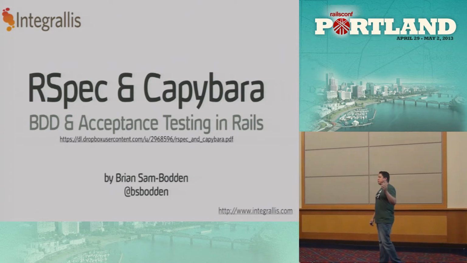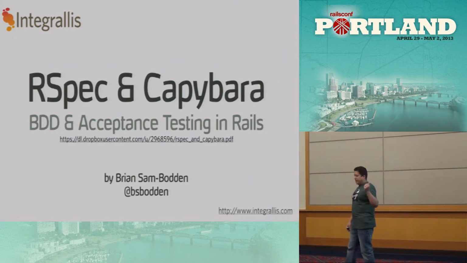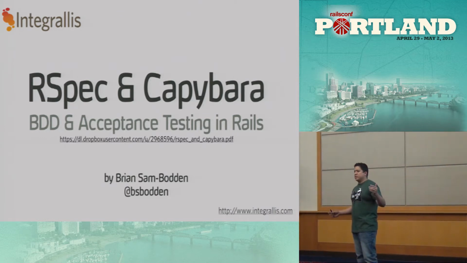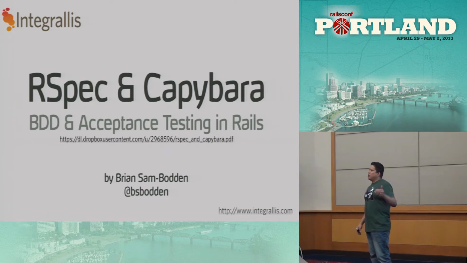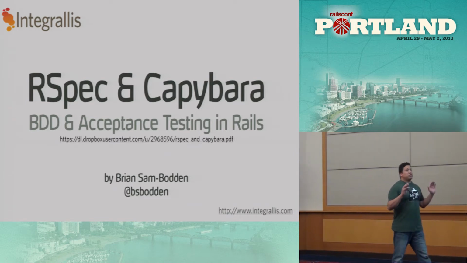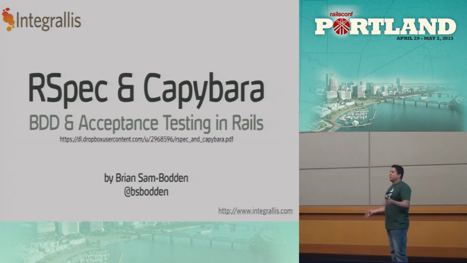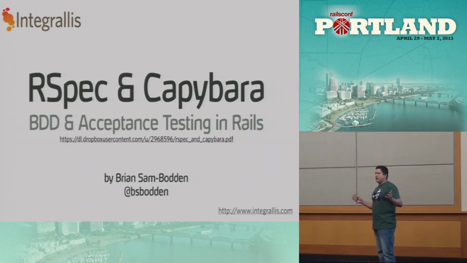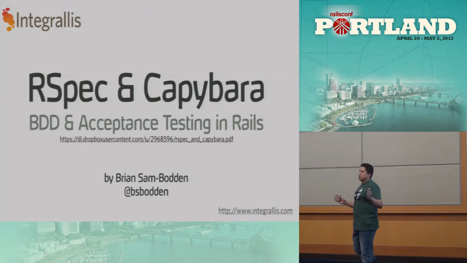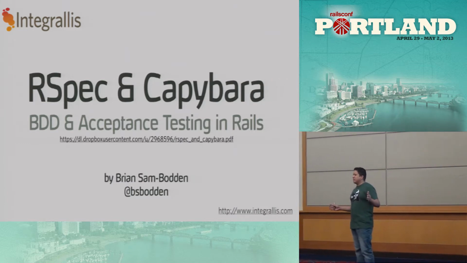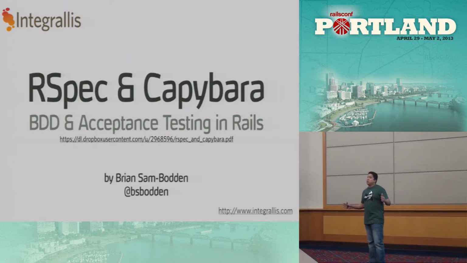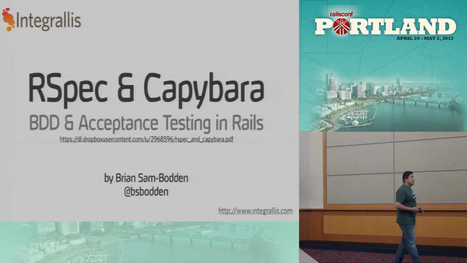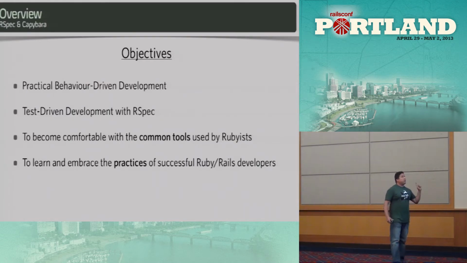Testing is one of those subjects that in most frameworks and languages we kind of took for granted. It's like, oh, it's the stuff that we do at the end of the show. So the Rails community actually took that and flipped it on its head. I believe one of the earliest versions of Rails already had a built-in testing framework that showed that you could automate web testing. So in this talk, I'm going to talk about practical behavior-driven development.